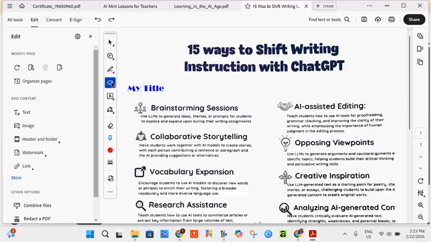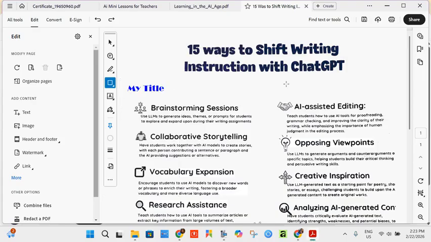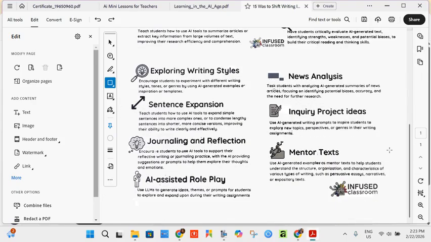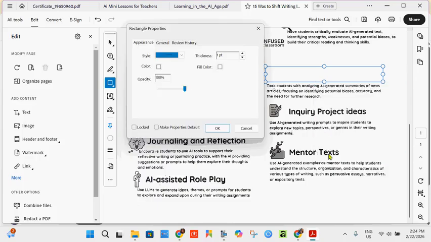So another thing that you'll notice under the draw tool is that there are shapes that you can draw, and sometimes you can get creative with your editing here. As an example, let's say I didn't want something to be on this page at all. Like I don't want this infused classroom at the bottom. And it's giving me a hard time selecting it, so I just want it gone. I can take this and just drag a rectangle with the same background color over this section and get rid of it. Okay, now if I come here and right click on it and I go to properties,